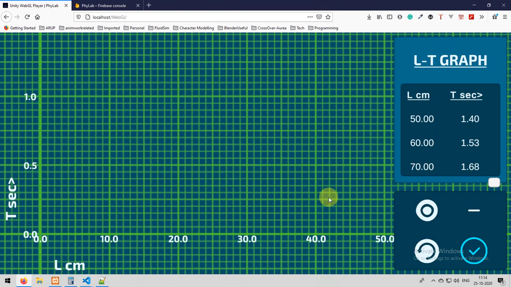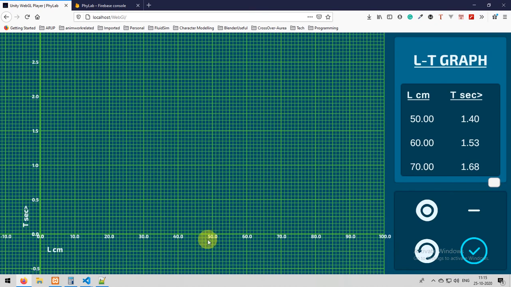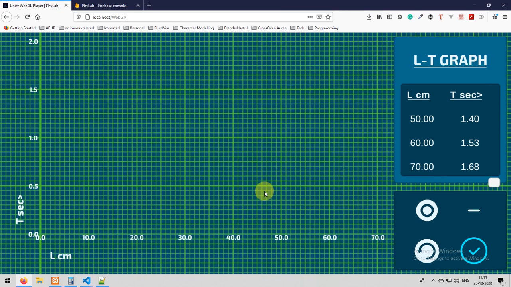And the next one is the L-T graph. The L-T graph should be a hyperbola. It will be like, as the length is increasing, the time period will increase. So that is the concept of a hyperbola, right? So I will be doing the same, now it is for L-T. For 50 centimeters it is 1.4 seconds. For 60 centimeters it is